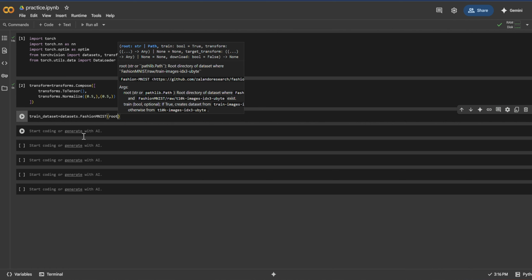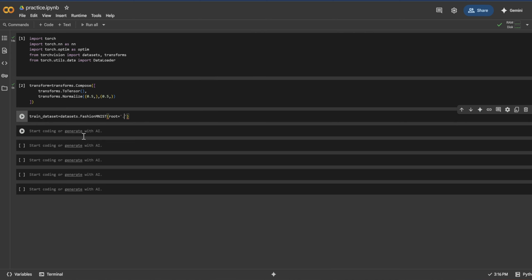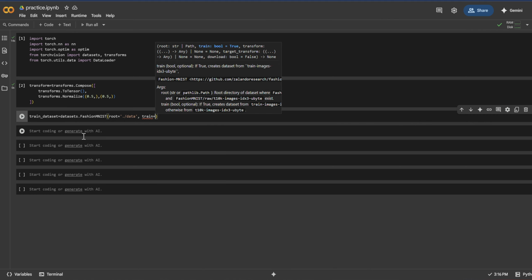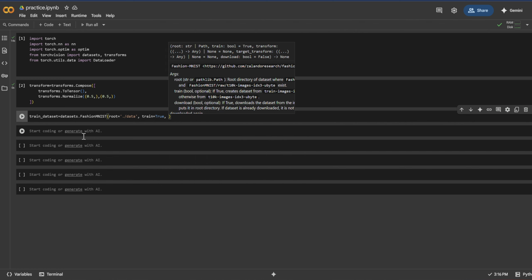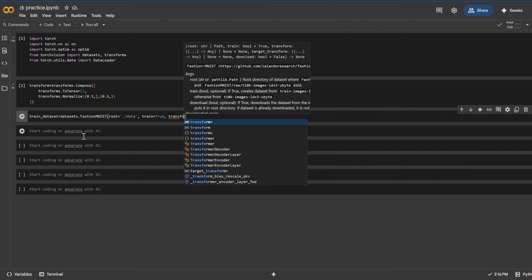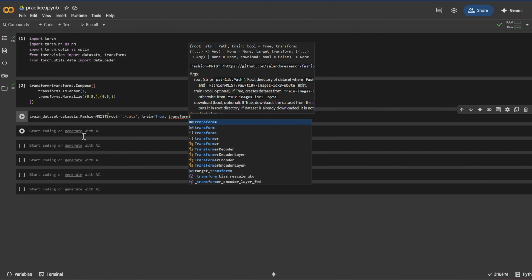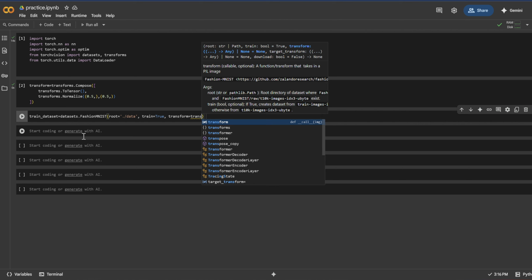So we go to root, I call data, train equal to true, and transform equal transform